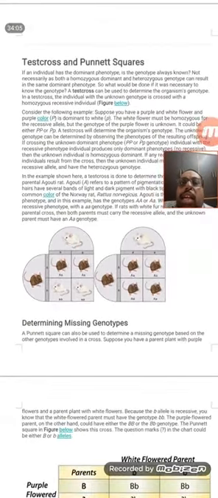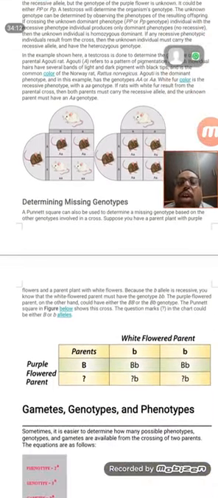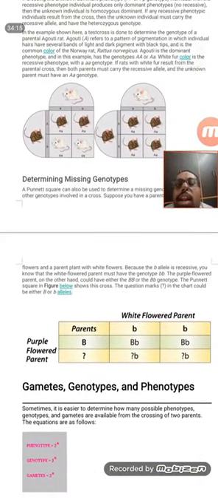Apart from that, there is a technique which is already determined, that is the test cross. Why is this test cross done? In order to find out the genotype of an unknown parent, that means a purple flowered parent, any color, that means capital P or capital B, crossed with the white flower, small b. If they don't know whether the parent is homozygous or heterozygous, they cross this with a dominant phenotype,